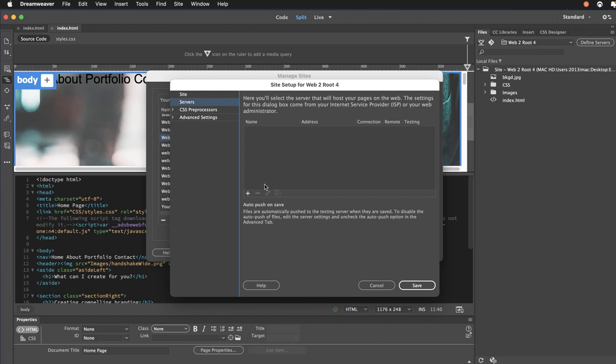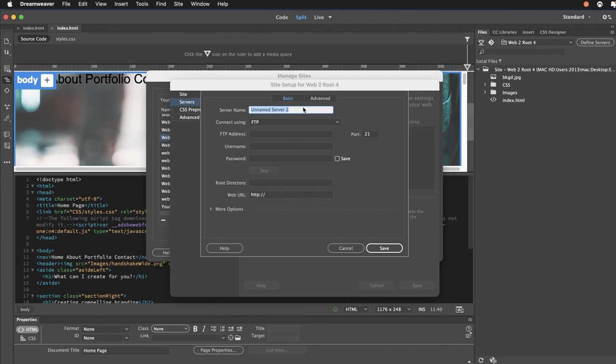So what you have to do is click the plus button to add a new server. And these are very specific. The server name you can sort of call what you want. That's for your own reference. I'm just going to call it Loyalist Server. Connect using FTP. The following you must follow very accurately. FTP address is actually our IP. It's